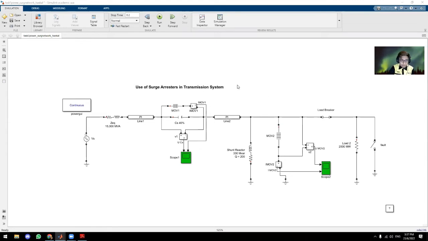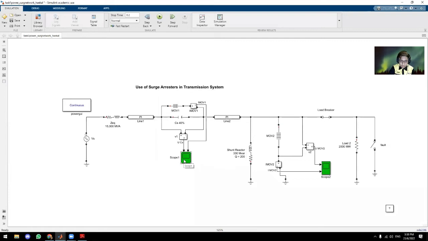So today I will be doing the simulation for overvoltage transient through surge arrester. Basically this circuit consists of MOV, which is the metal oxide varistor, and here is the series capacitance, and here shown is the shunt inductor. So to observe the overvoltage transient, first we proceed without the fault. So start the simulation,